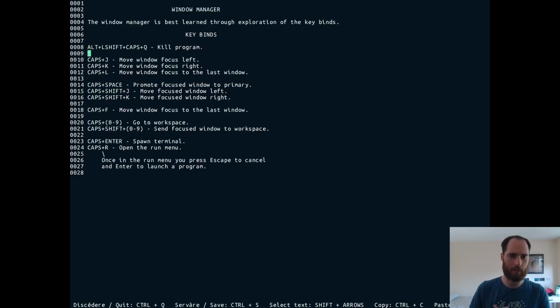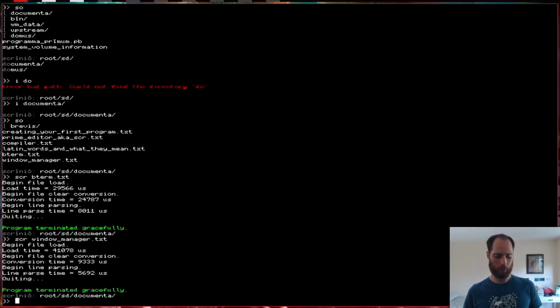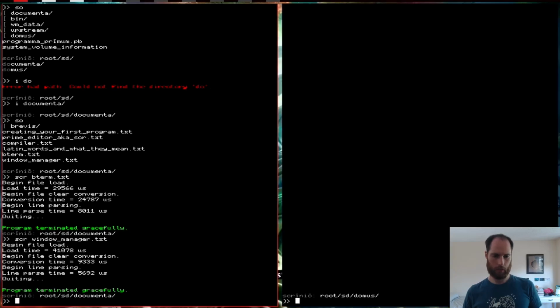Oh, we can now move them left and right. Okay, let's practice this. Move window focus left, move window focus right. Okay, J and K, L. Promote focused window. Okay, let's do the afund command on this since there are many things to practice. Okay, so Control Enter to do a new one. And now if you want to do afund,